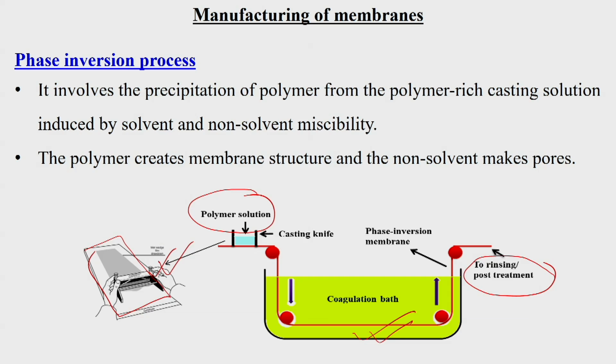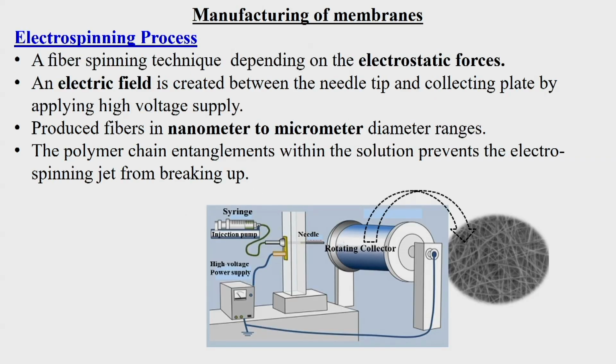in different temperature zones. In the case of the electrospinning process, it is a fiber spinning technique depending on the electrostatic force of attraction, used for the preparation of electrospun nanofiber membranes. An electric field is created. We have the feed here, and using a syringe or injection pump, the nanofiber material is injected,